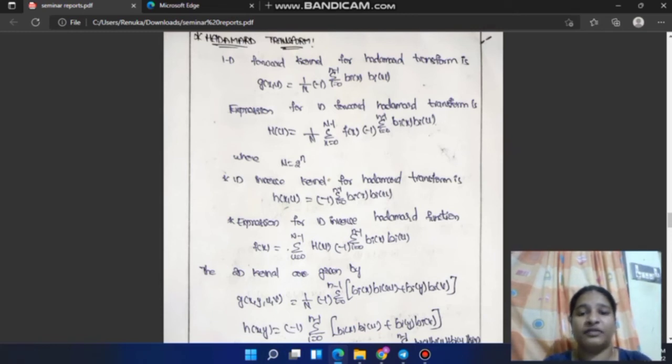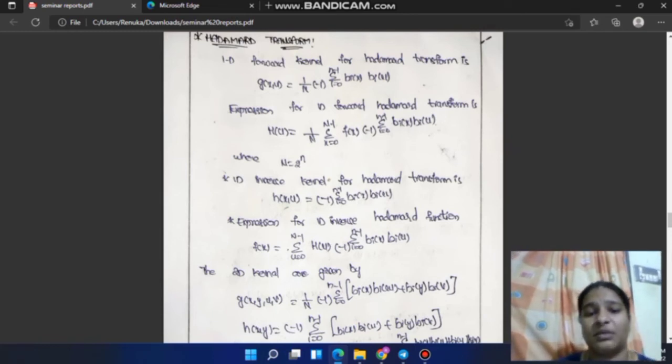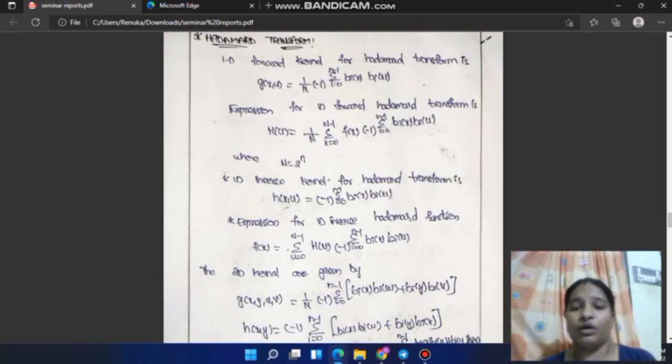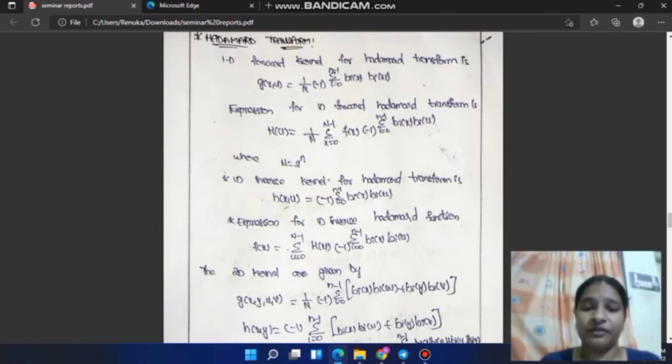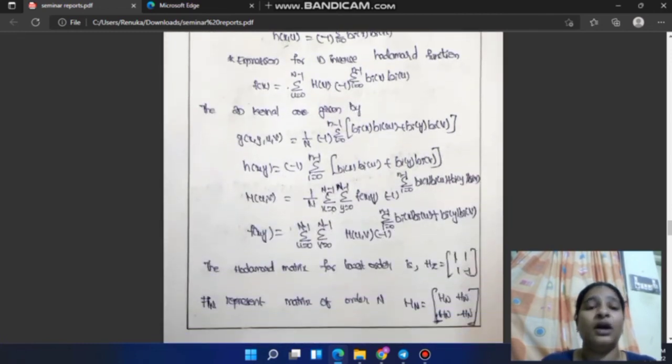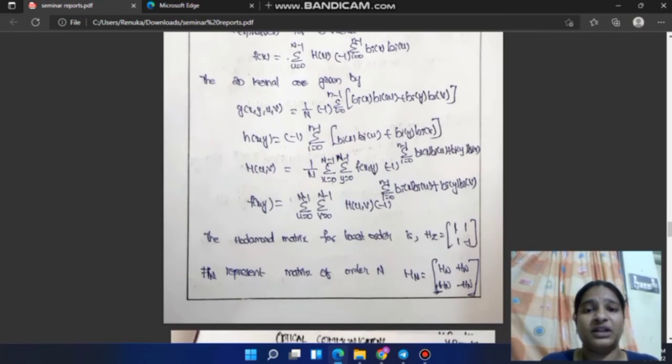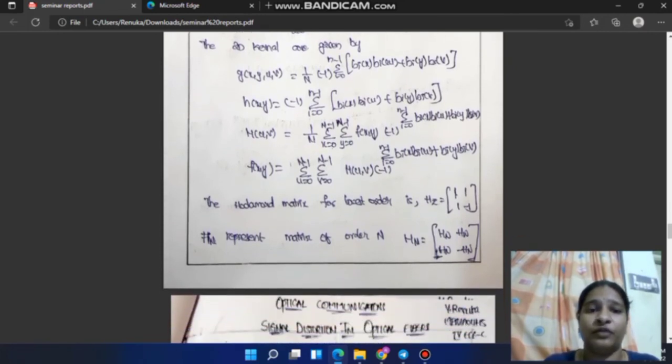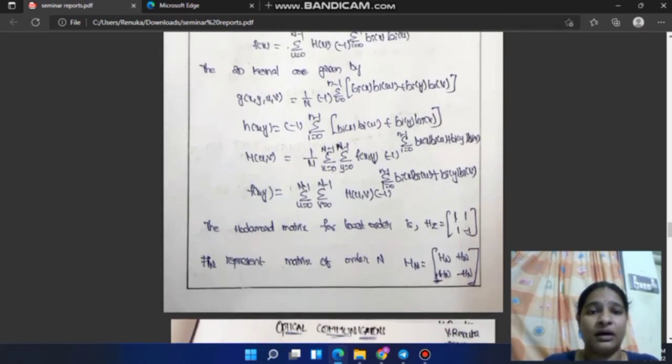The 1D inverse kernel for the Hadamard transform is h(x,u) = (-1) to the power sigma i=0 to n-1 bi(u) bi(x). The expression for the 1D inverse Hadamard transform is f(x) = sigma u=0 to N-1 H(u) (-1) to the power sigma i=0 to n-1 bi(x) bi(u). The 2D kernels are given by